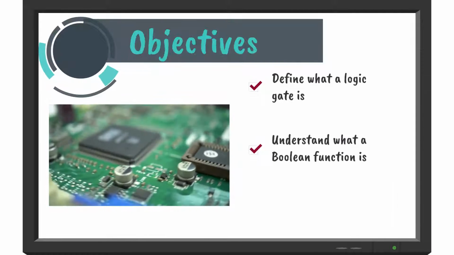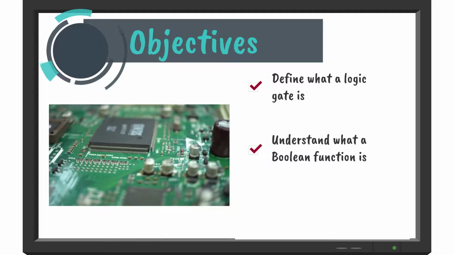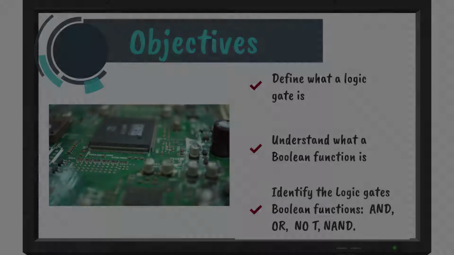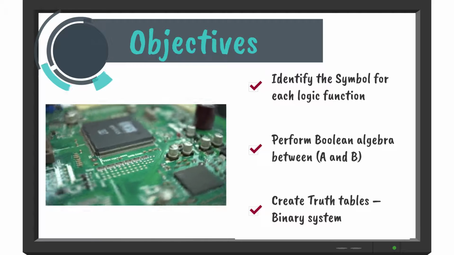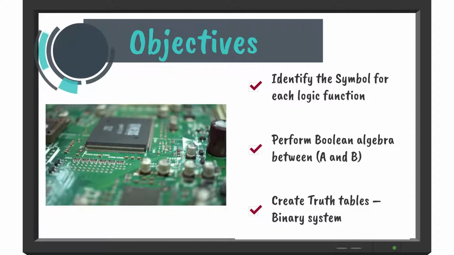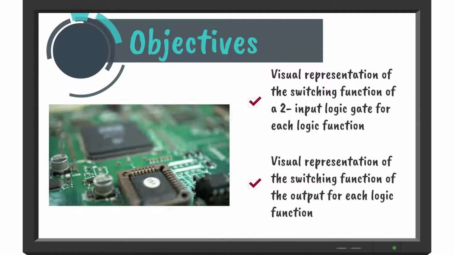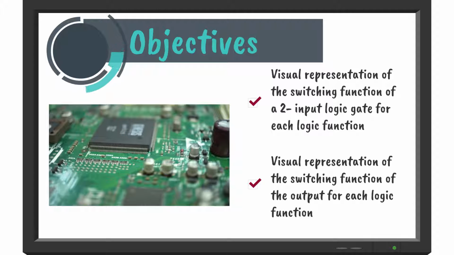After this class, you should be able to define what a logic gate is, understand what a Boolean function is, identify the logic gate Boolean functions AND, OR, NOT, NAND, identify the symbol for each logic function, and perform Boolean algebra between unknowns such as A and B. Create truth tables using a binary system and have an understanding of the visual representation of the switching function of a two-input logic gate for each logic function, as well as understanding the visual representation of the output for each